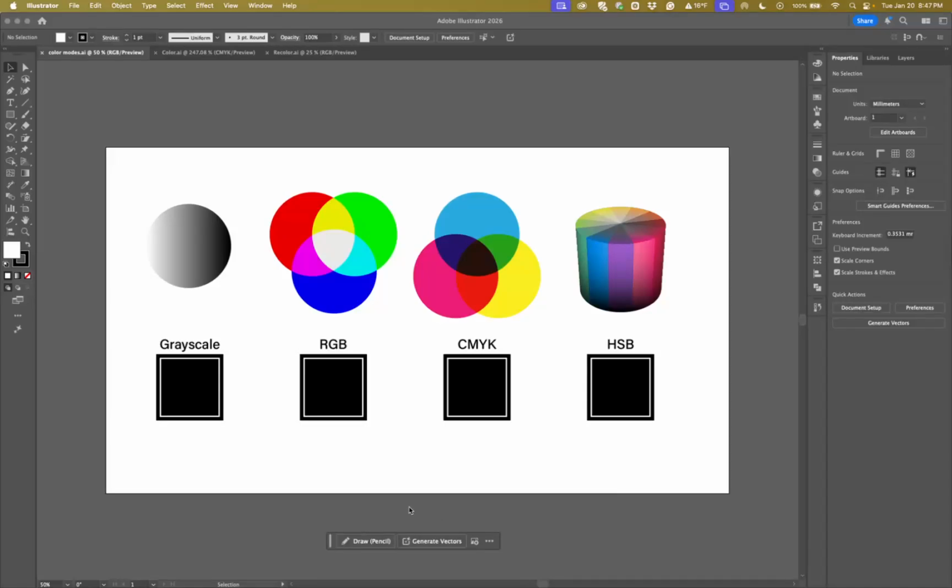As an introduction to color, I think we should just do a really brief introduction to color theory so you can best understand why you might use a particular color mode. So in Illustrator, you can see that generally, and actually this is a little more expansive than what we generally see in Illustrator,